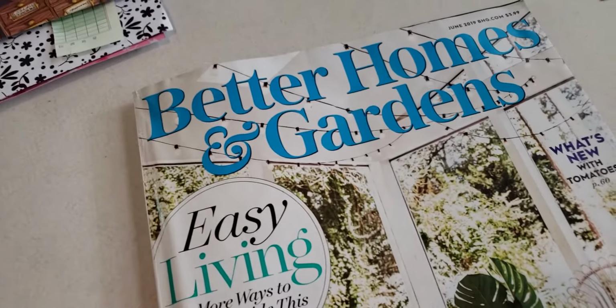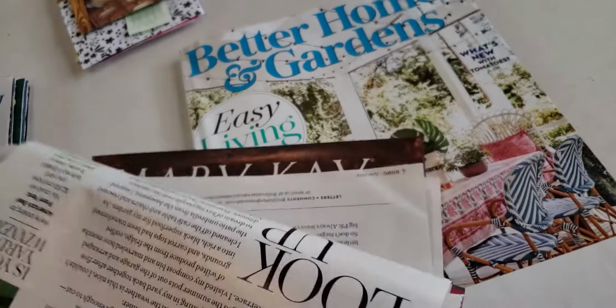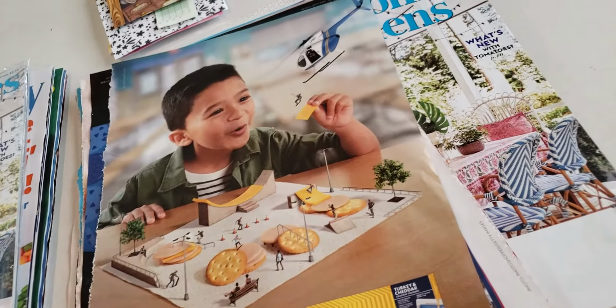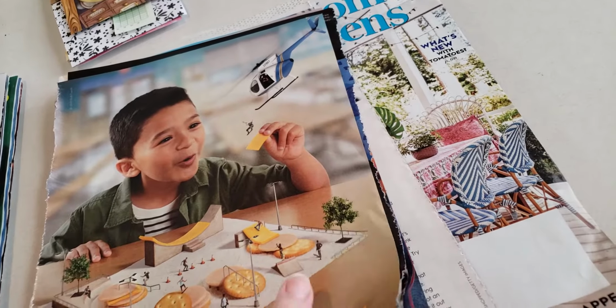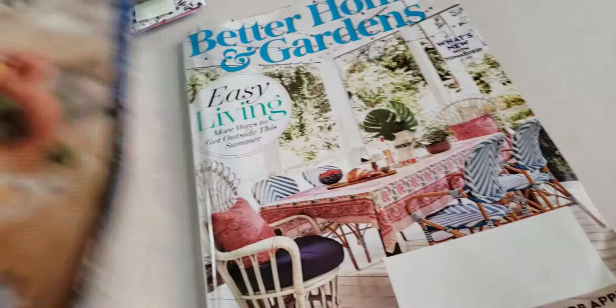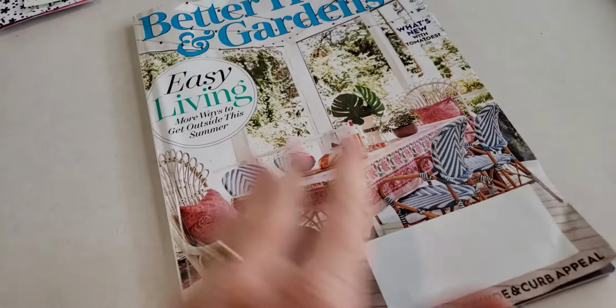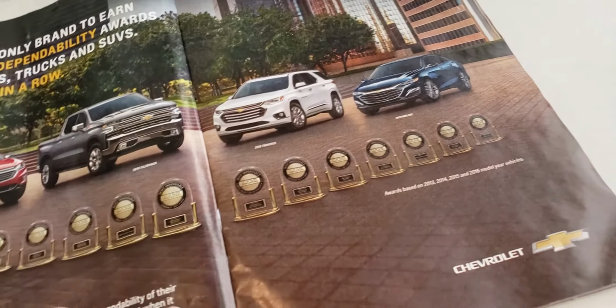So here's all the pages I took out. I'm going to keep these for the moment to see if there's anything I want to fussy cut out of these. I'm going to go through them one more time before I throw them out, because there are a lot of advertisements and like the drug advertisements and things that I really didn't want in my magazine journal. So then what it looks like after you take the pages out, and what you do is go through and rip them out as cleanly as you can